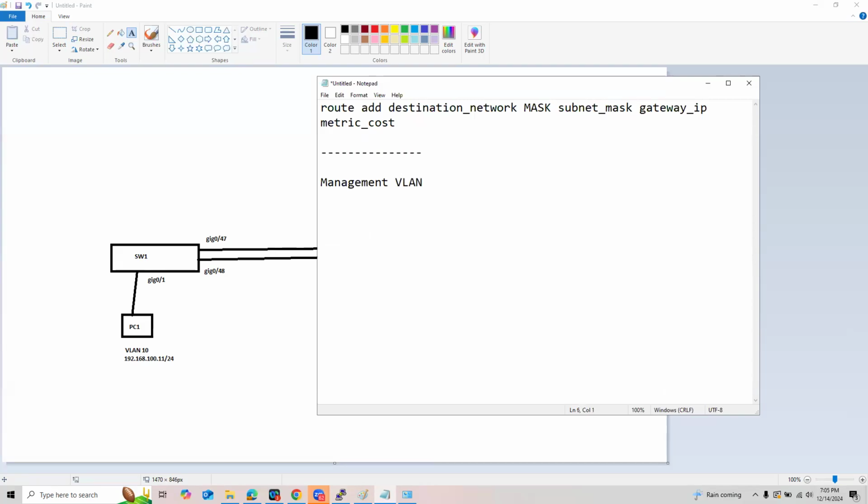The management VLAN is the VLAN where we want to manage our equipment, our switches, our routers, for example. So this is the network where we want them to be managed.